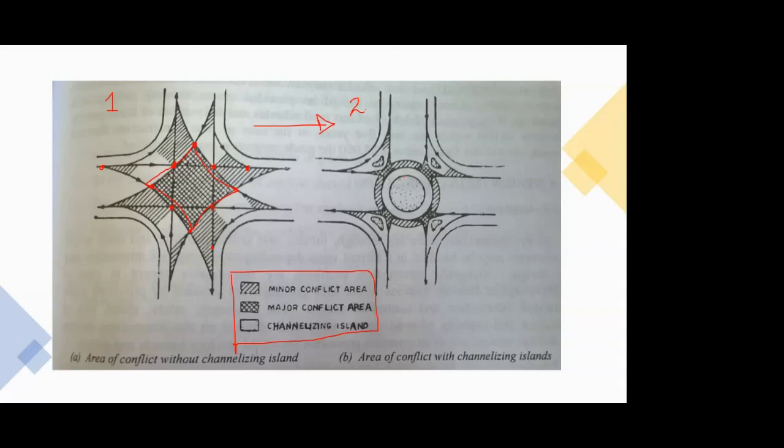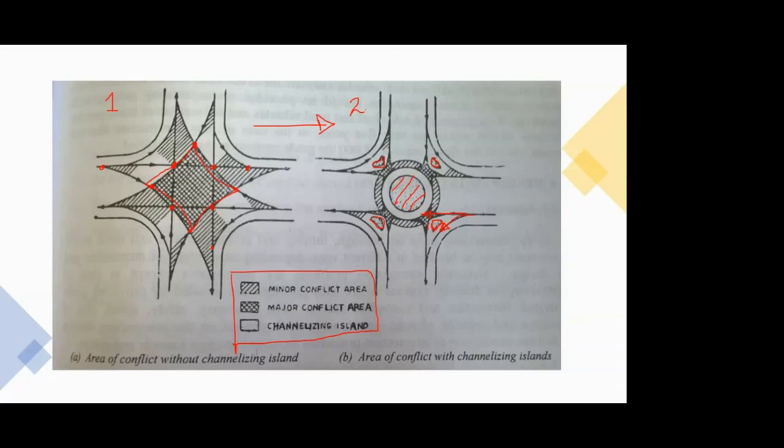So what they have done is, they have introduced a rotary in between, or what is called a circle. Then you can see these small islands. Now what these small islands will do, they will channelize your traffic flow, as in we have seen the diverging kind of traffic or the merging kind of traffic. So the diverging traffic, the ones who have to go straight, they will follow this path, but the ones who are supposed to take a left turn, they will follow this part,